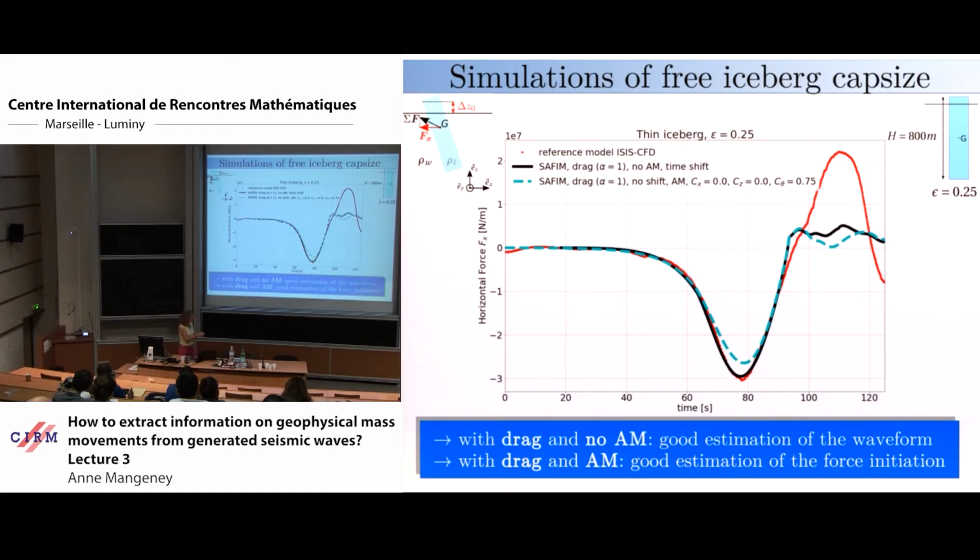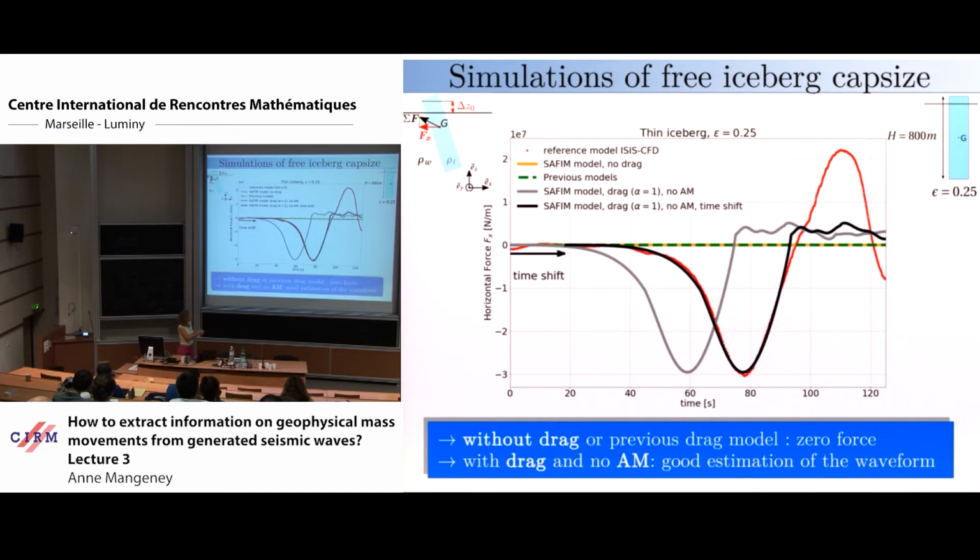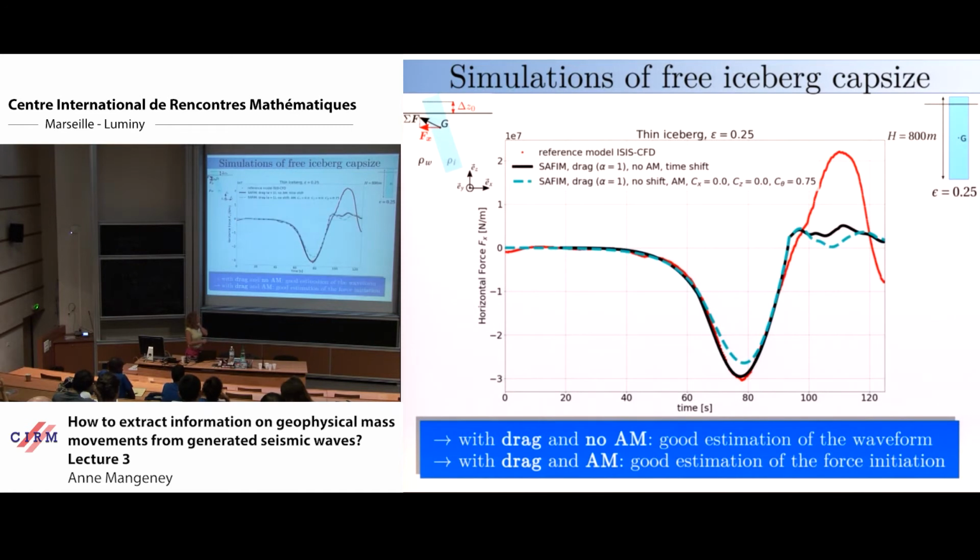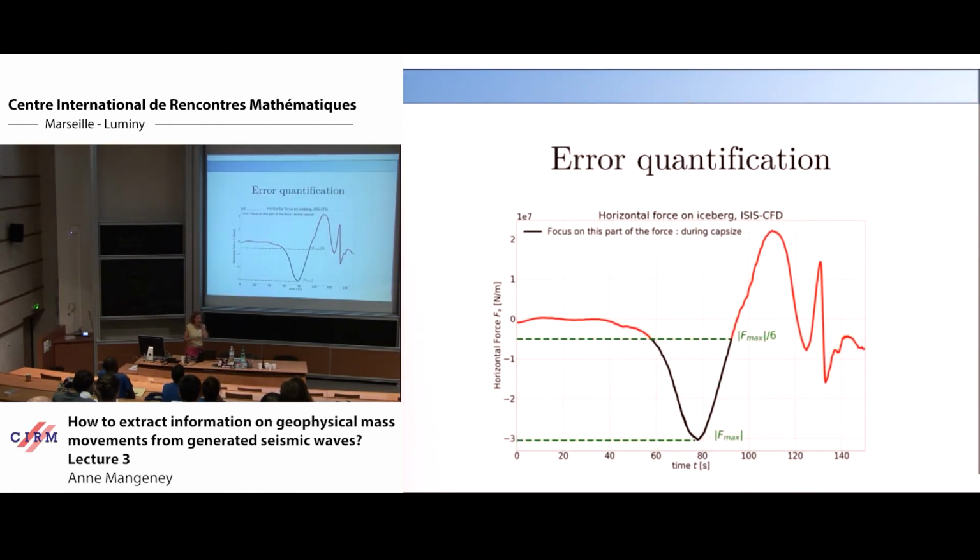amplitude of the force. So what happens if we just take the force with no added mass? Because if we take added mass, we have 3 other parameters to fit, and we don't want to have so many parameters. So we just take this and shift it in time because we don't care about time, because after we will correlate 2 signals without timing. And then if we put the force here in black, we have a very good simulation of the force of the complete model. So this is some kitchen recipes, but it is what we do.